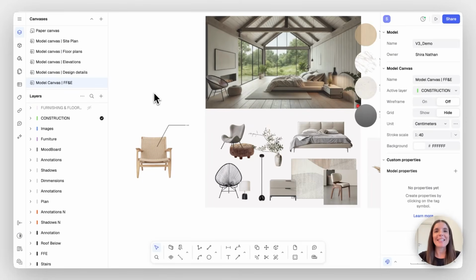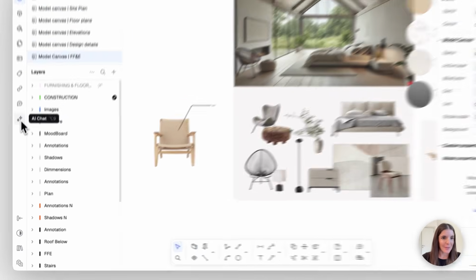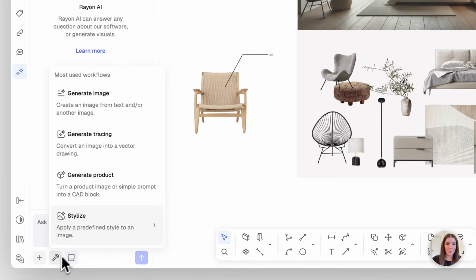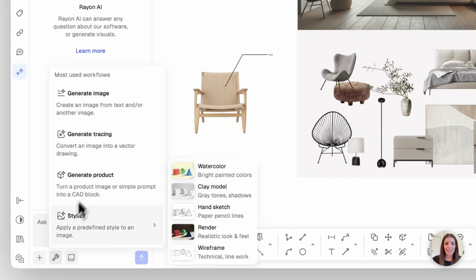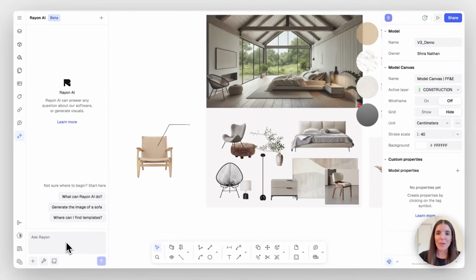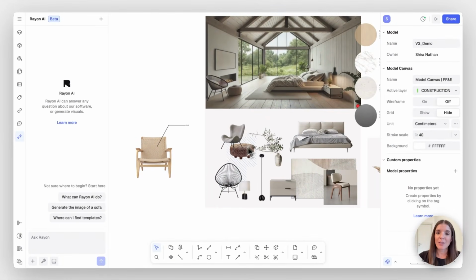For visualizing, let's see how Rayon can take images and reassemble them into a render. The AI panel is here on the bottom, and you'll see that you have a few different options. You can write your prompt here, and you can use the toolbox with different workflows that Rayon will recommend. Plus, add a screenshot directly from your canvas or input image. In this case, I want to ask Rayon to create a render from all these different items. I'll go here and say,